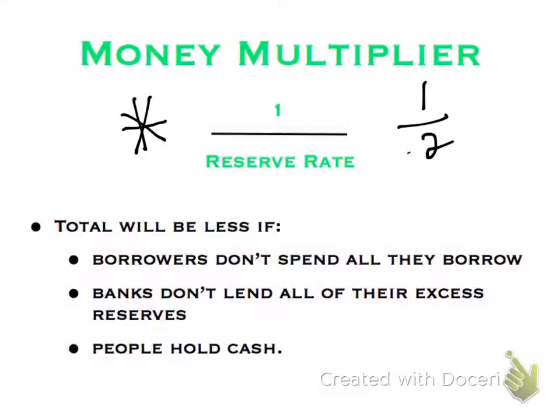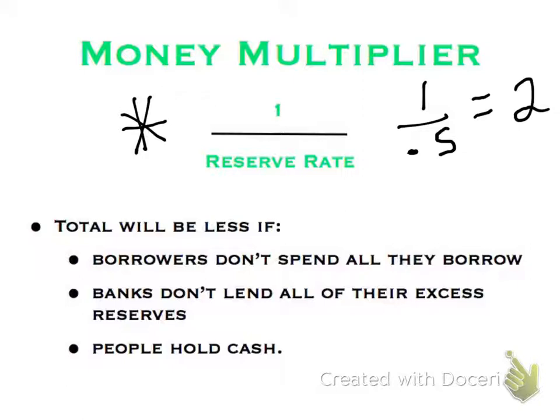But let's say the Fed is worried about a recession, so they lower the reserve rate to 10%. What just happened to the multiplier? It doubled. My $100 could now turn into 1,000. Now let's assume that they're worried about inflation. What is the Fed going to do if they're worried about inflation? They raise it to 50%. For every dollar that gets deposited, 50 cents stays in the bank. The multiplier is now 2, and my $100 could only turn into $200 total by the end of the whole process.